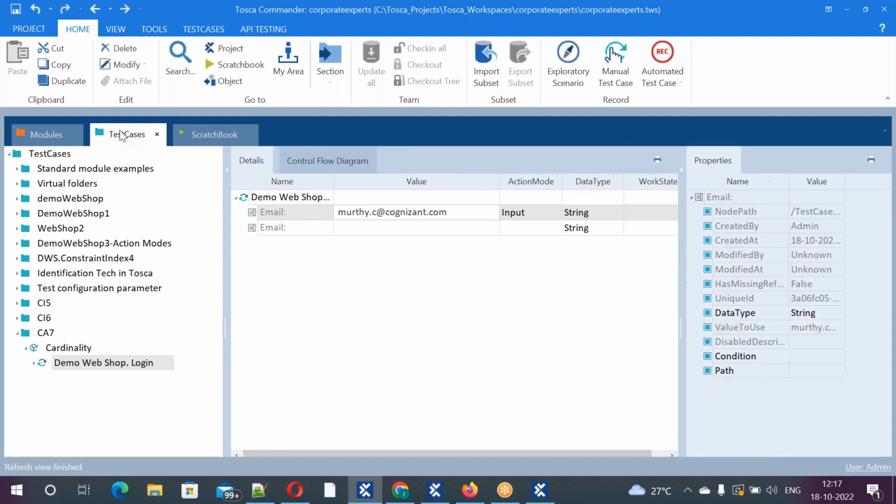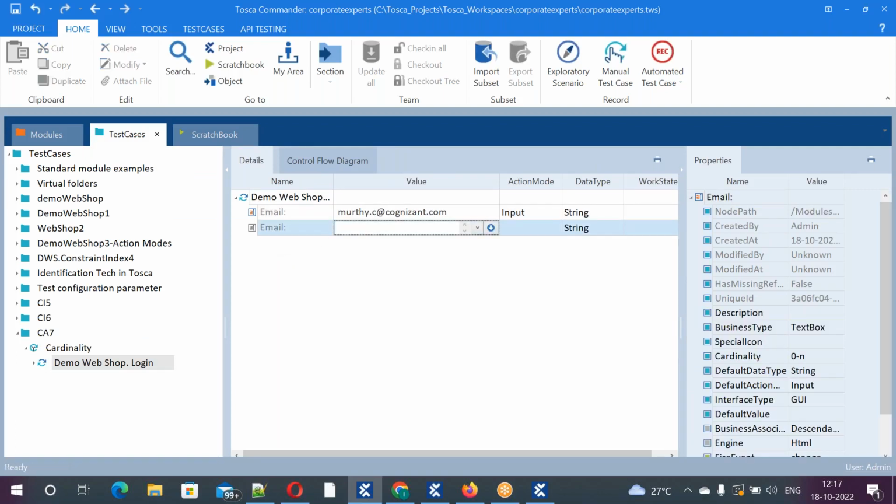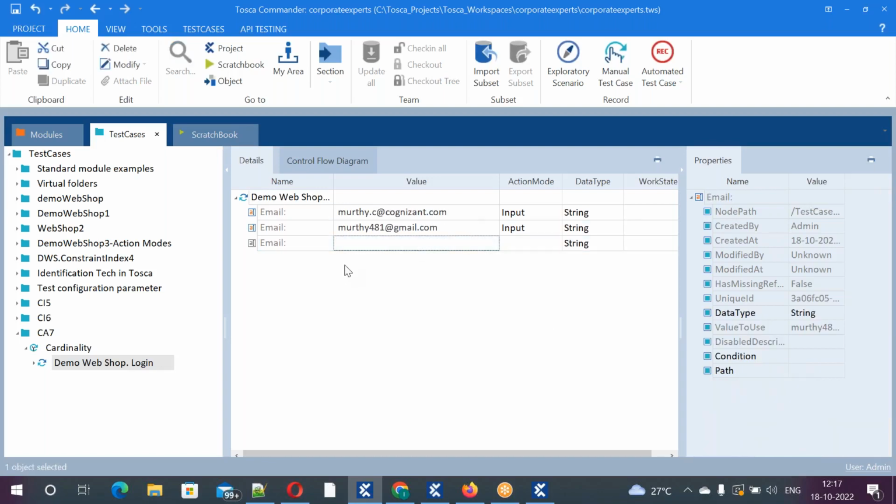Now see here, go to the test cases. You can see one more step is there. Now I am going to enter the mail ID. One more step is there. So continuously you can reuse the same step multiple times. See here, multiple times. When you think 3 steps is enough,